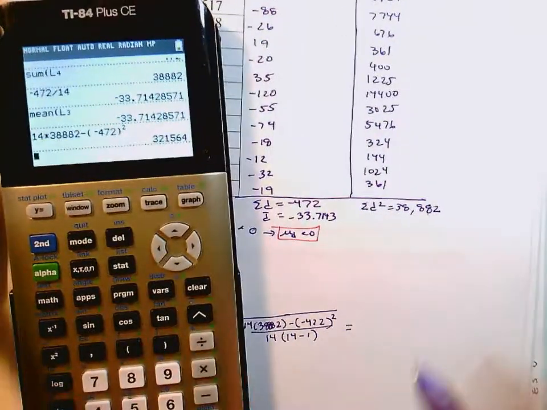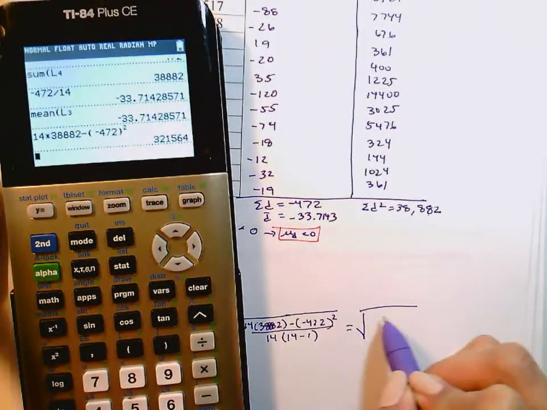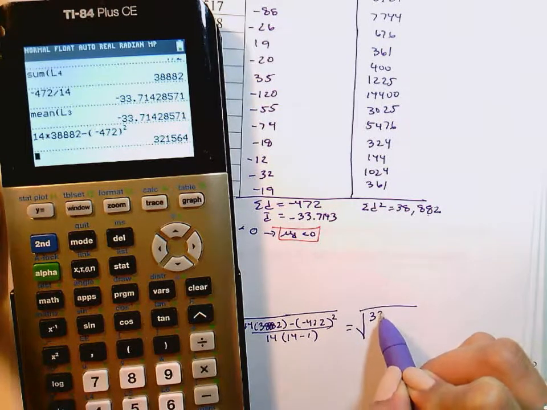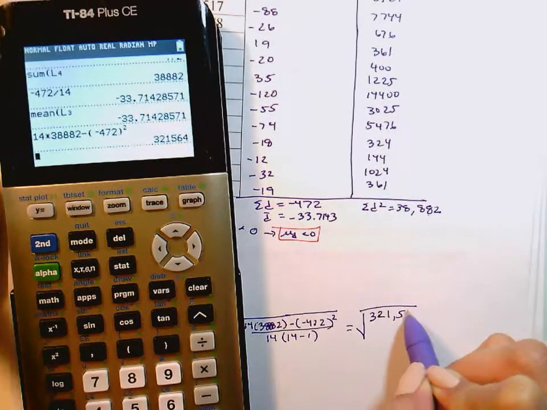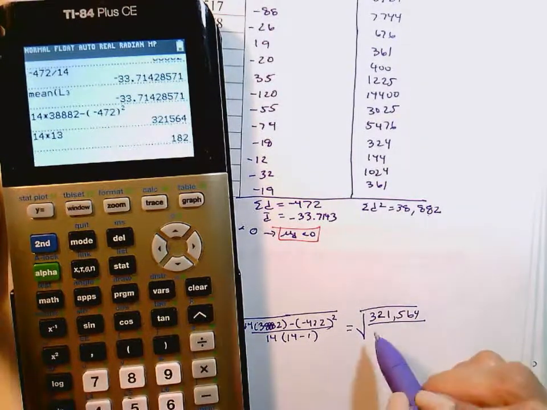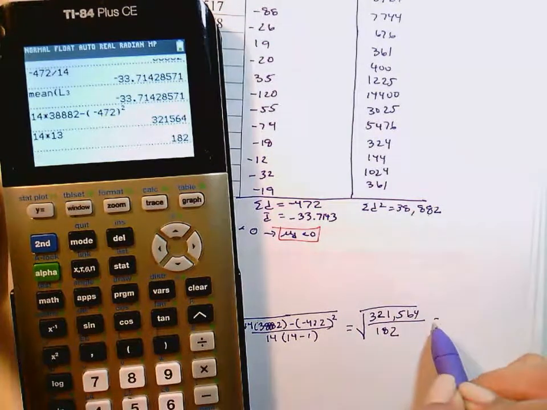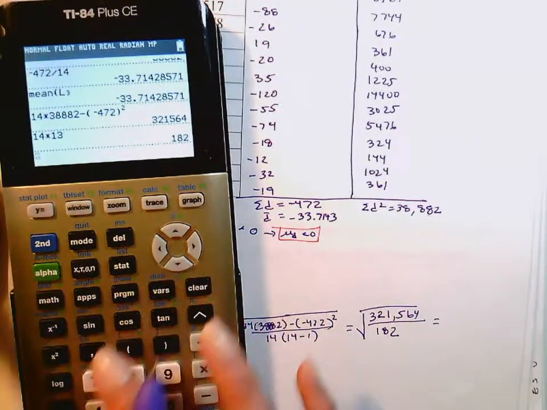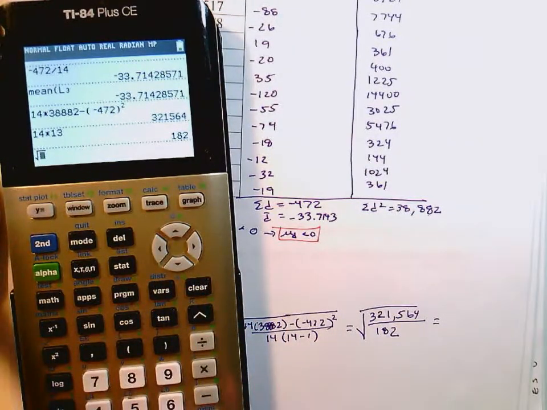So that goes in the numerator, inside of the radical. So 321,564 divided by 14 times 14 minus 1. So basically 14 times 13, and that gives me 182. So if I simplify this, I would take the square root of 321,564 divided by 182, and that gives me back